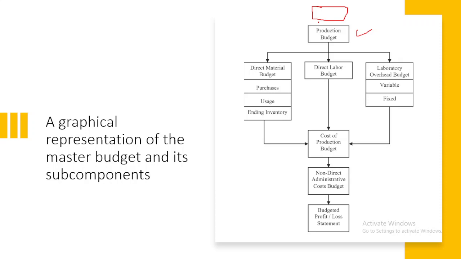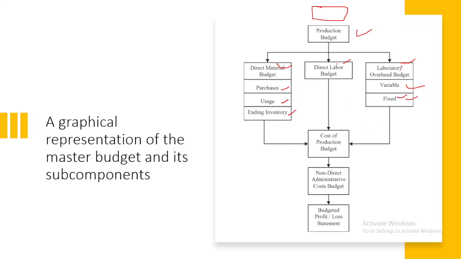And from this amount of units we expect to sell, this will then direct the production to say that this is how many units we need to produce if this is how much we need to sell. And then from there we're going to talk about the material, where under the material we're going to talk about the purchase of the material, the usage of the material, the ending inventory if we desire ending inventory, and then we're going to talk about the labor. We're going to talk about the overhead, which is the machine overhead, where we're going to talk about the variable and the fixed, to say that every time we use the machine it's going to be depreciating. We still need to pay factory rent, so that will be falling within here.